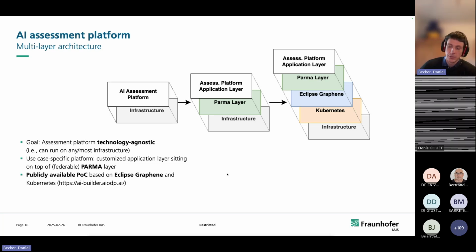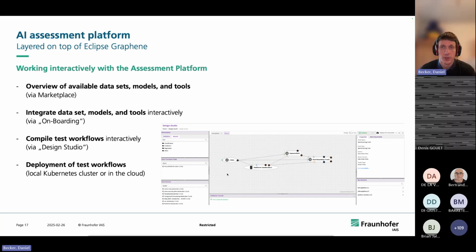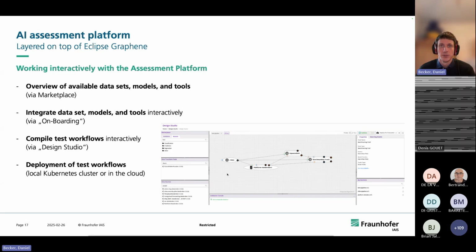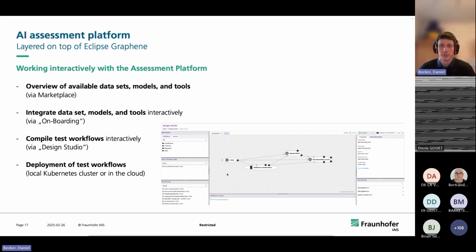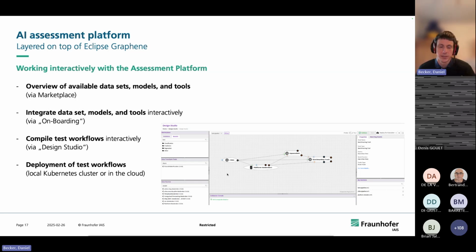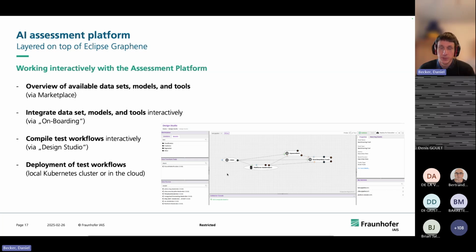So why did we choose Eclipse Graphene? Basically, it's an already existing, nice AI platform that makes it quite easy to build AI applications based on modules that are Docker containers. This is the technical choice, one possible way to implement the architecture using containers for these components.